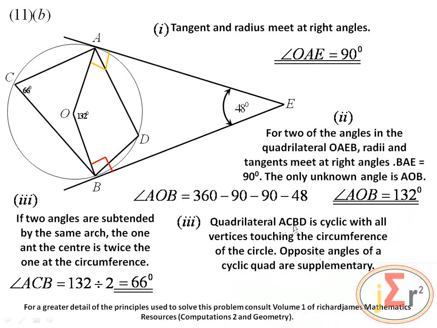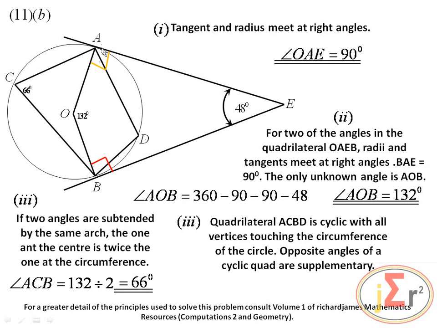Quadrilateral ACBD is cyclic, with all vertices touching the circumference of the circle. That is why it is cyclic. Opposite angles of a cyclic quad are supplementary. Therefore, in this cyclic quadrilateral, we need to find